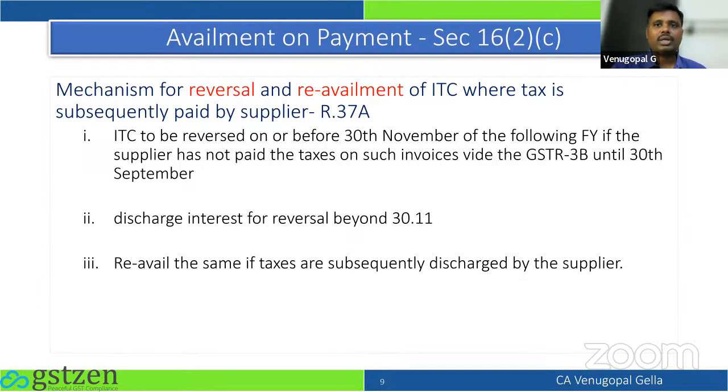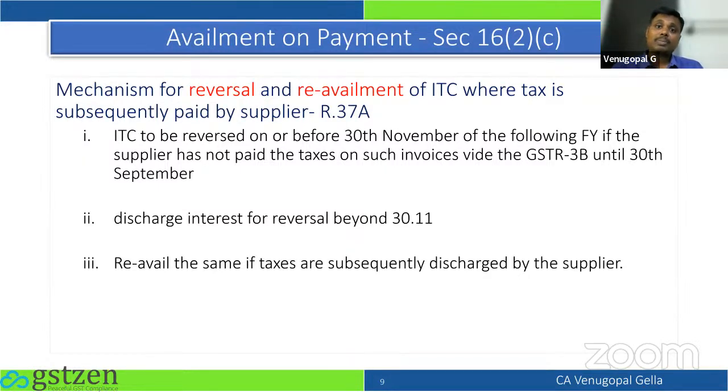If you are not doing the reversal by 30th November, ideally you will be reversing the credit in the November return. You will check till 30th November, and the return is due on 20th December. So you will end up paying interest for 20 days. Whatever credits you did not reverse by 30th November, you pay interest. At what rate? Section 50 subsection 1, at the rate of 18%.